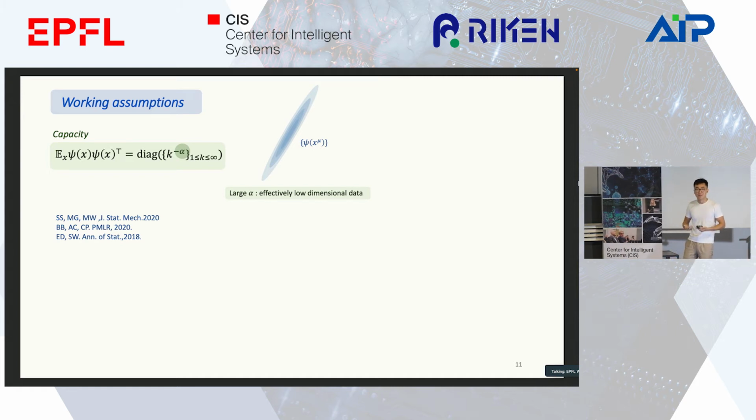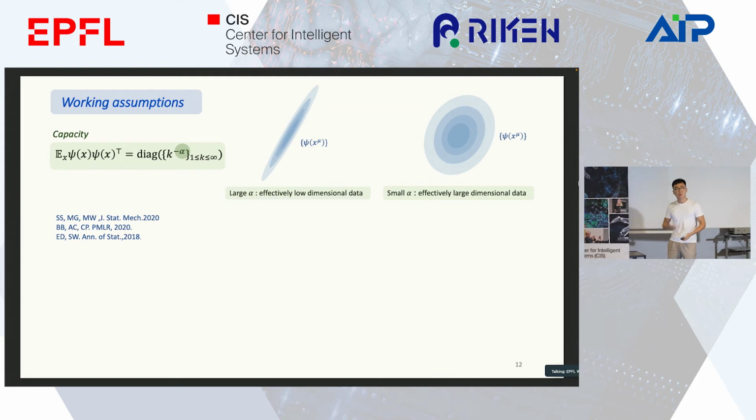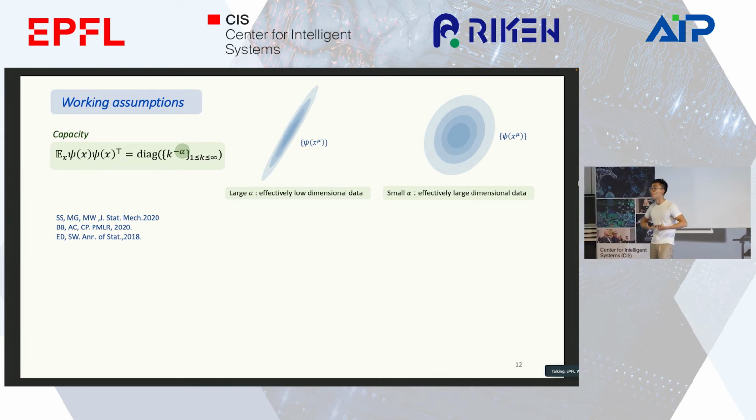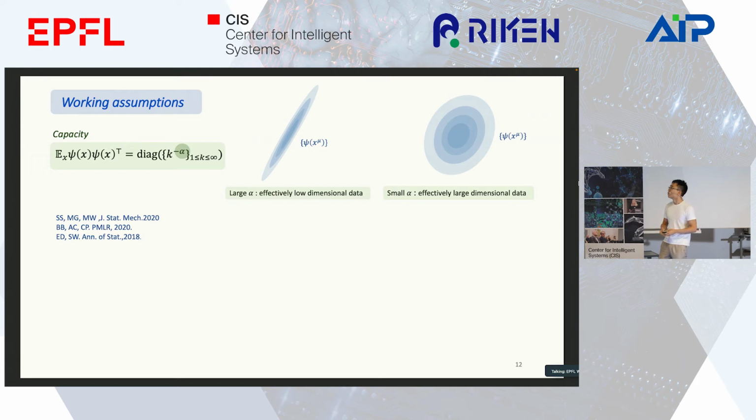So effectively, the data will look more or less low-dimensional and will be a very simple data distribution. Conversely, if you have a small alpha, it means that your data is spread along a large number of directions, therefore it will look more higher dimensional, and therefore it will be a more complex data distribution. So alpha, you should think of it as a parameter that captures and gives you a measure of the complexity